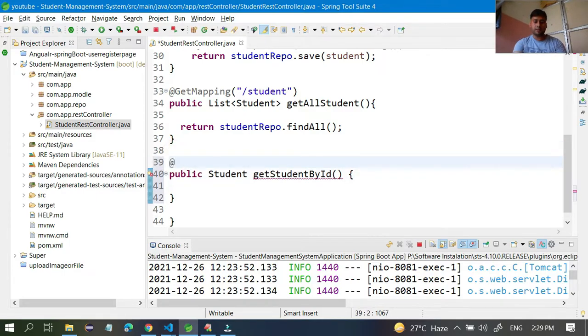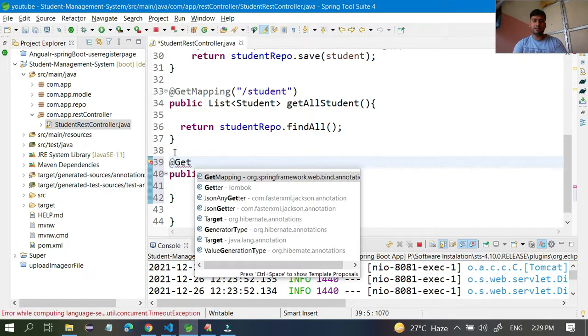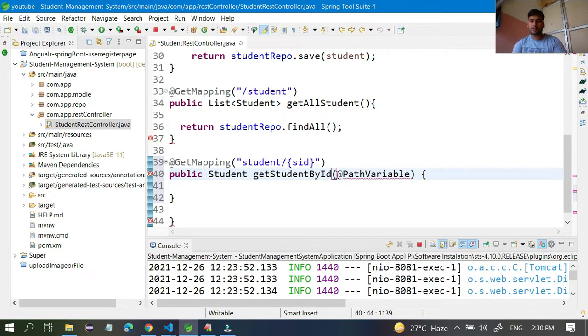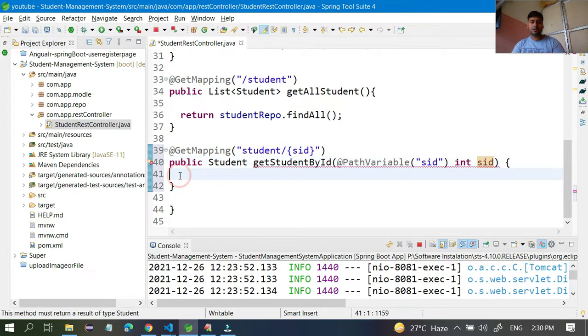So how can I receive this one? This is a get method, so I will specify GetMapping. Inside the GetMapping I will specify the base URL student, and then after that one sid, and I will receive that data as a path variable. So receive the data with PathVariable, give the name sid, and int sid. Once you give this, call the repository.